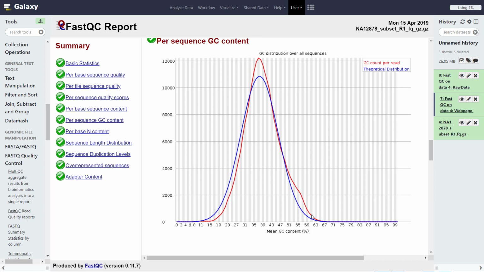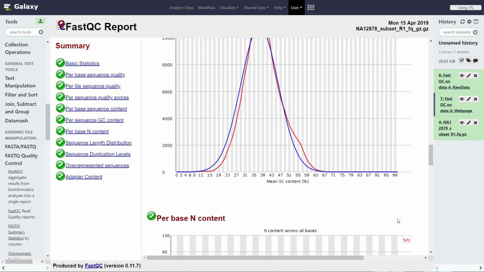Now, in a random library, you would expect to see a normal distribution such that the peak would correspond to the GC content of the underlying genome. If you noticed, let's say, an unusually shaped distribution, that could indicate maybe there's a contamination in your library, or maybe there's some kind of biased subset of sequences that are causing an unusual distribution.